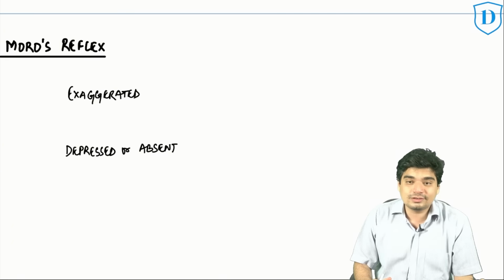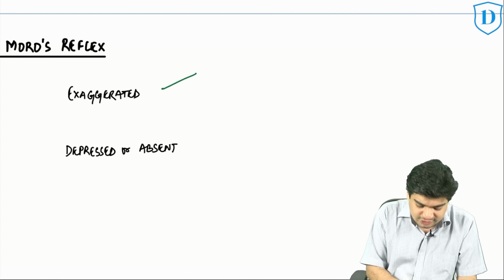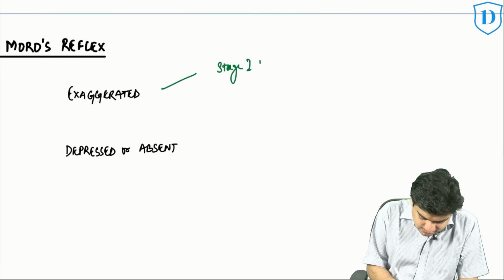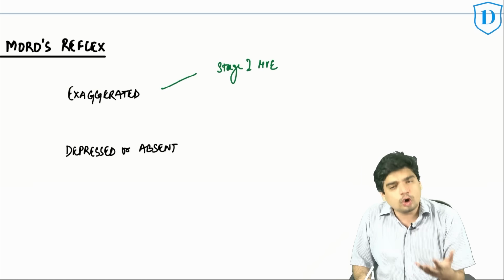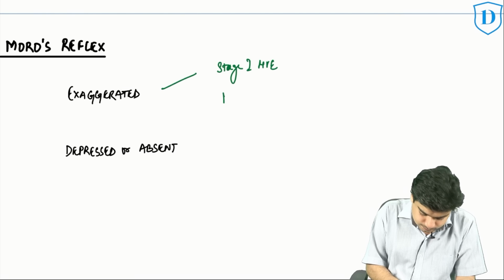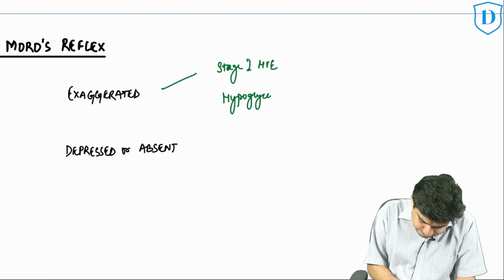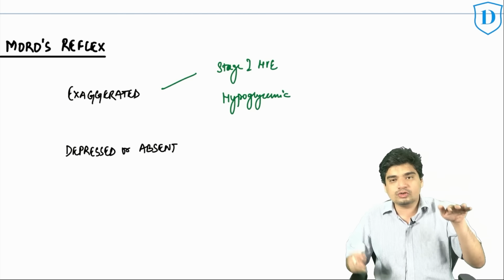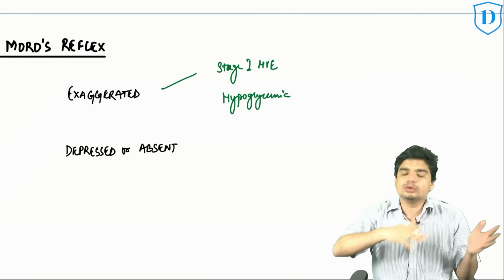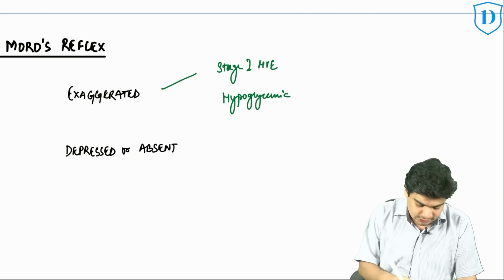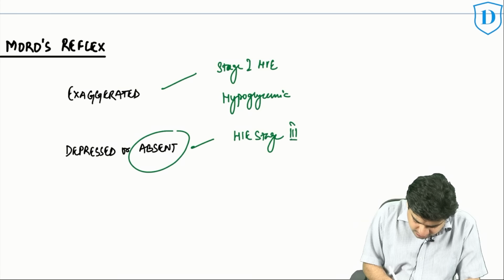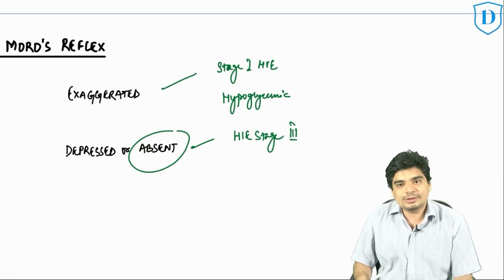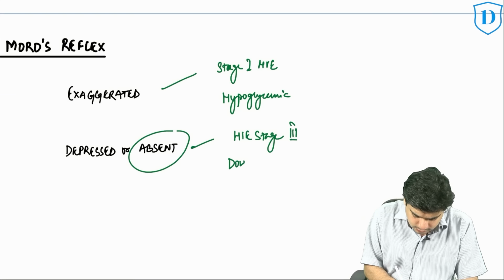Similarly, as far as Moro is concerned, sometimes they have asked this question also. Where will you see exaggerated Moro? Exaggerated reflexes are seen in stage 1 HI. Why exaggerated reflexes? Because there is sympathetic overactivity. You also have sympathetic overactivity in hypoglycemia. So hypoglycemia, glucose goes down, adrenaline and noradrenaline go up to increase the glucose. So hypoglycemia can also have exaggerated Moro. Same, absent Moro will be seen in HI stage 3. Simple. Sometimes Down syndrome can also have